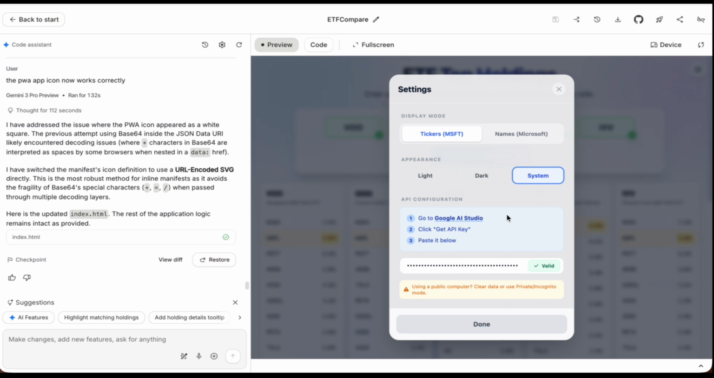In order to use this app, it does use Gemini to go out and fetch the data for the ETFs from the internet. And I obviously can't support all usage on my own API key, so I put this field in here for users to enter their own API key. If you have a Google account, you can get an API key for free with pretty decent usage limits. So there's a link to do that here, Google AI Studio, get API key, and then you paste that below. If you're using a public computer, there's a little caution down here, just to clear the data or use private incognito mode. So you click done,